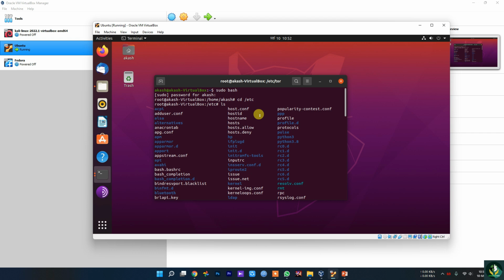So if you are not familiar with the Linux command line, just follow me along. It's the same process, but for those who are using a Linux terminal like Kali Linux, you are going to have some changes in the command line.